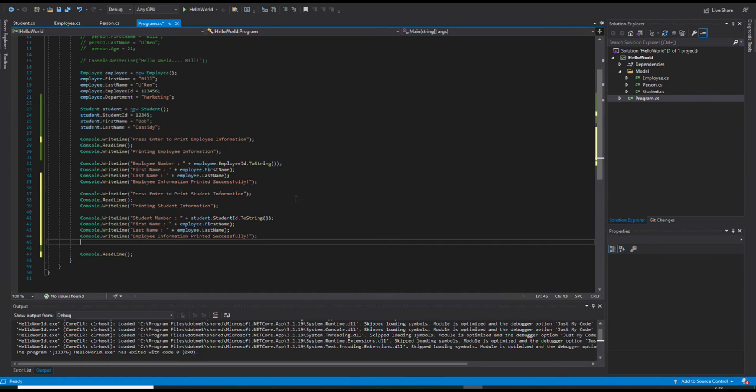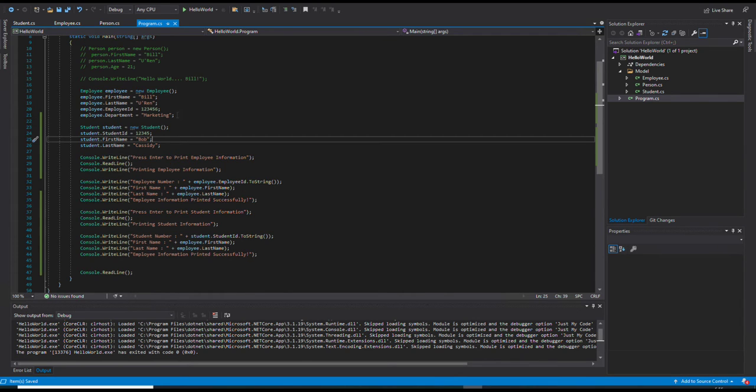Alright, so let's make sure that we have saved our work. On the upper left, let's save it. Now let's double check what we have done. So from the top, we created an employee, okay, and created a student, okay, and what you're seeing now, we're typing